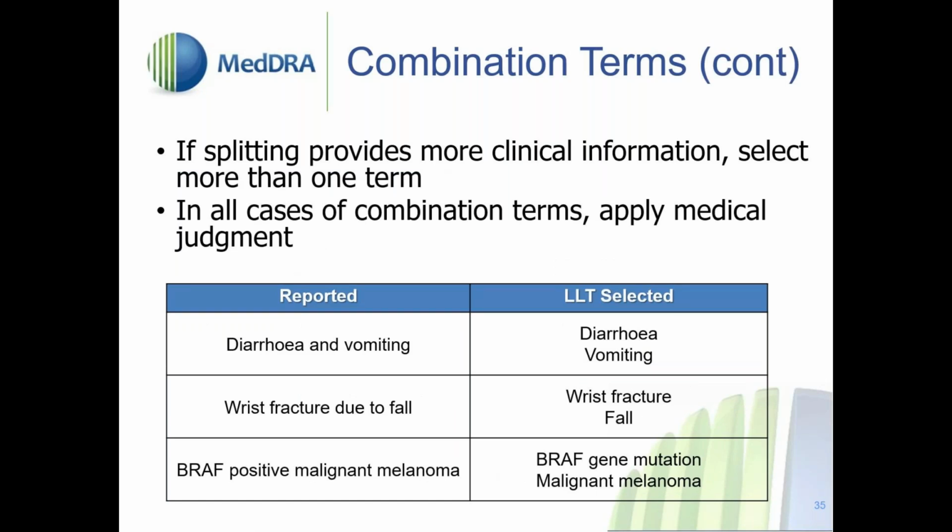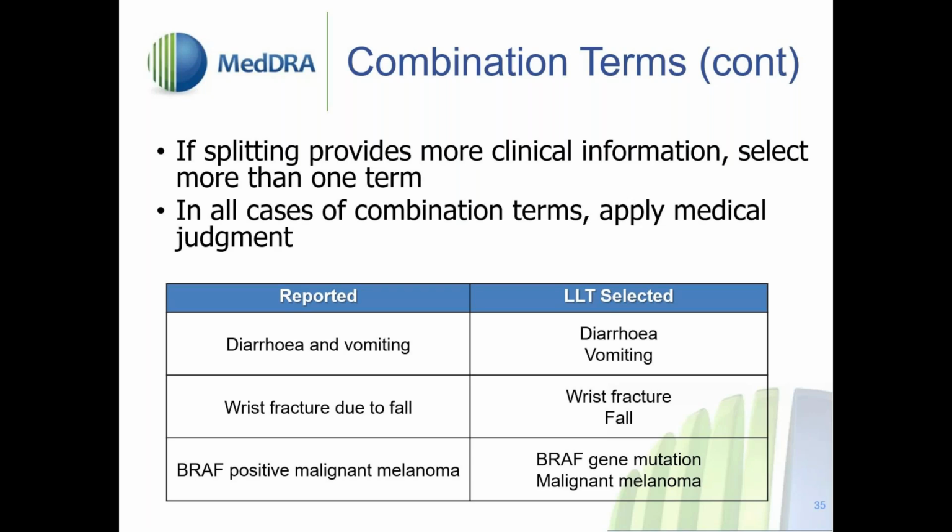So when do you split? And when we talk about splitting, splitting means to use more than one LLT to convey the entirety of the information that you received in your report. So if splitting gives you more clinical information, more detailed information that you don't want to lose otherwise, then your approach would be to select more than one LLT. And going back to the question we just received, the mechanics of doing that depends on your organizational approach. But in order to capture the entirety of the term, the PTC guidelines tell you